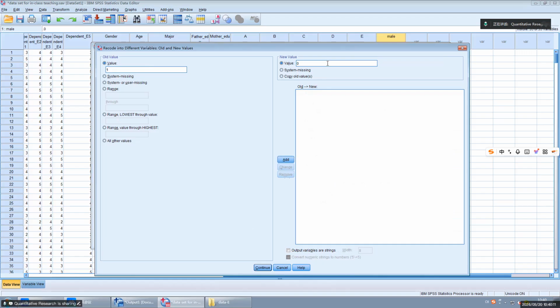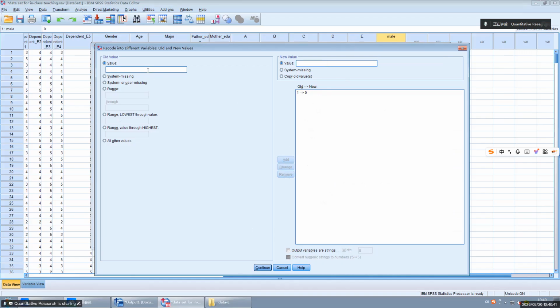Why? Because now we are creating this dummy variable for female. When the old value is 1, it represents male, so in this dummy variable it should be 0. So 1 is changed to 0.